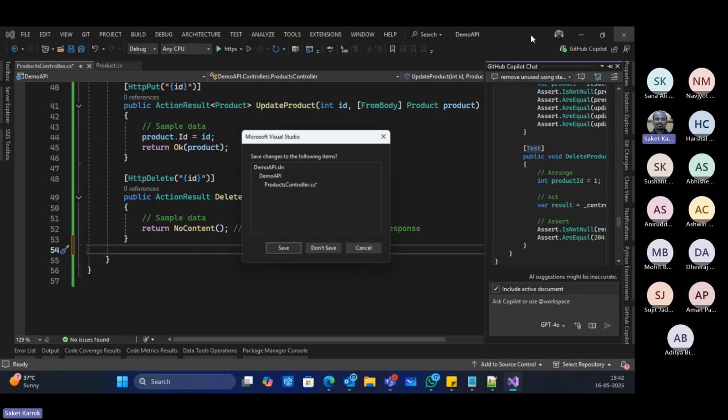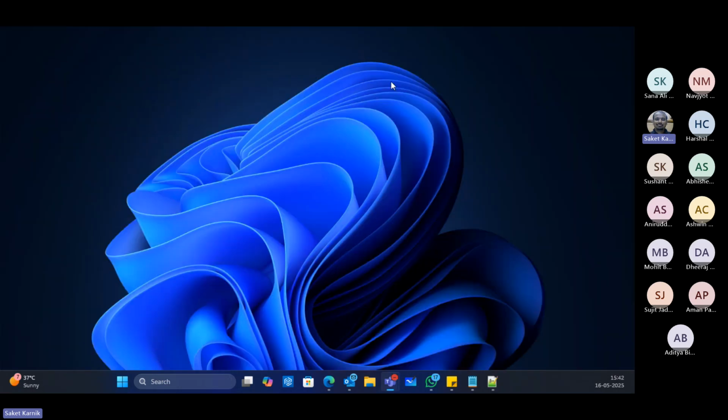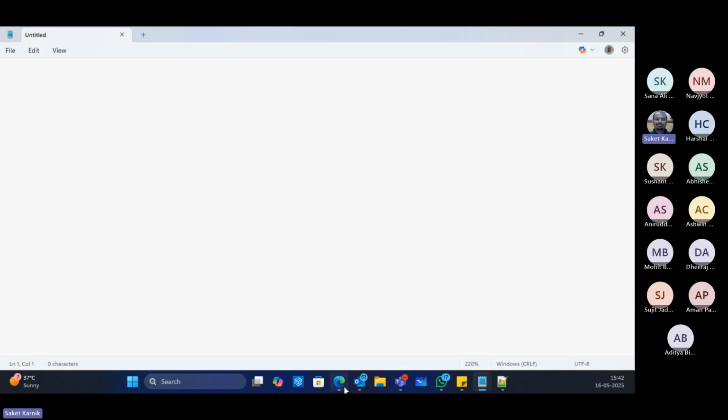Okay, so now I'll proceed to the next thing. I close this and I use Windows Notepad and I probably put some paragraph over there. Maybe something from internet only I take. What is Microsoft Copilot? Let me search for that.